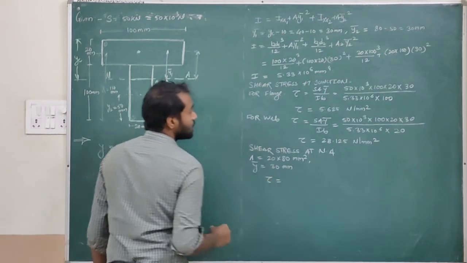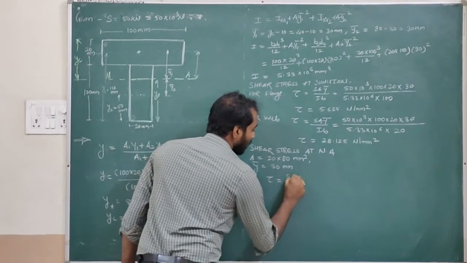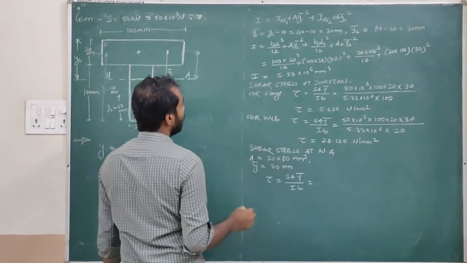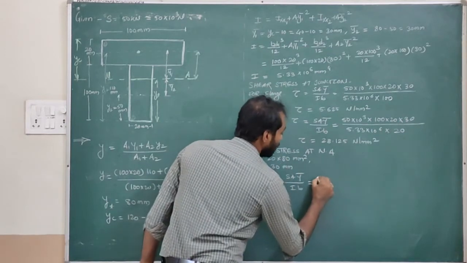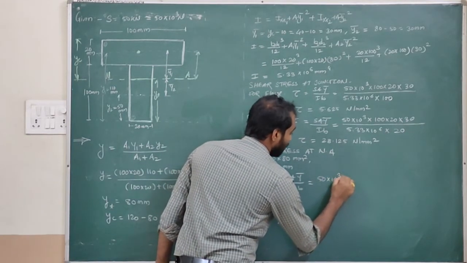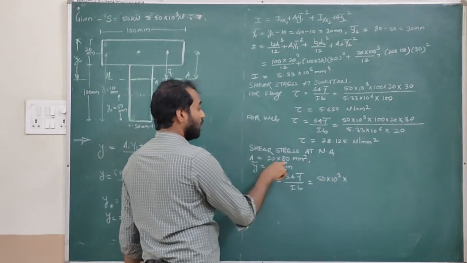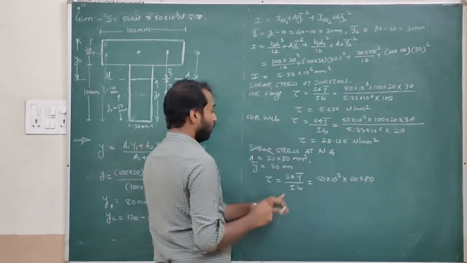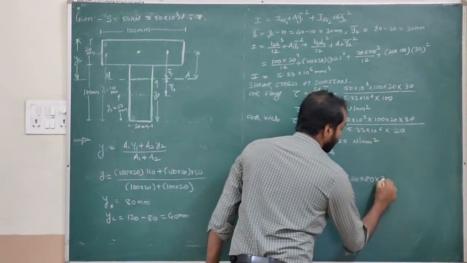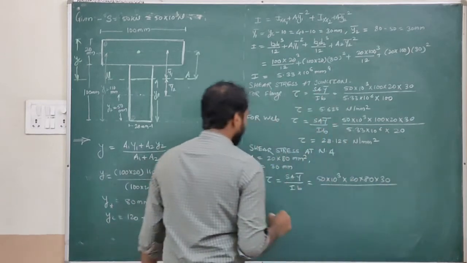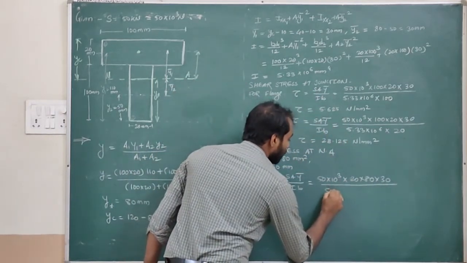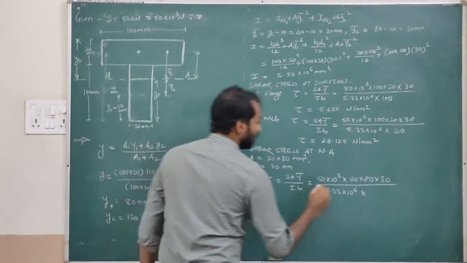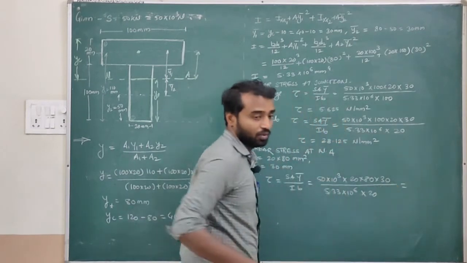Now just put the value. So tau is equals to, formula is S into A into y bar upon I B. What is the value of shear force? The value of shear force in the given numerical, it is 50 into 10 raised to power 3. What is the area here? Area it is 20 into 80, so it is 20 into 80. What is the value of y bar? Y bar it is 30 upon moment of inertia 5.33 into 10 raised to power 6. Value of B, that is width, here 20. So if you simplify this, you will get the value as